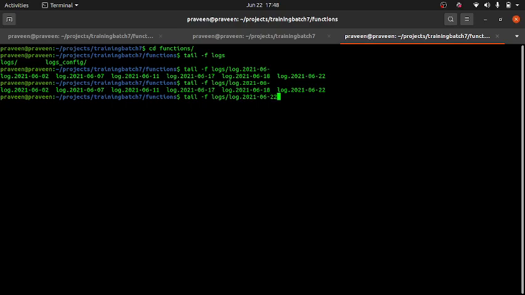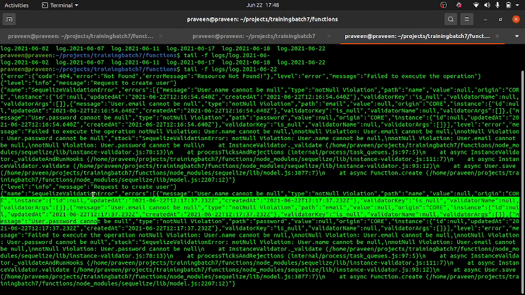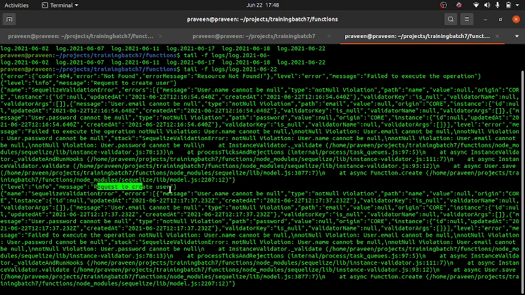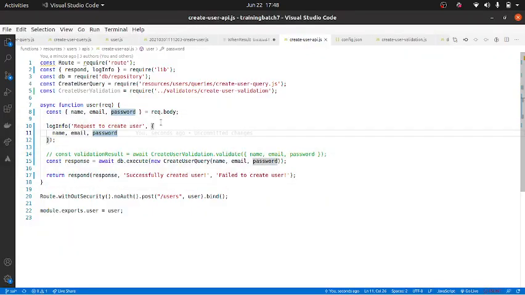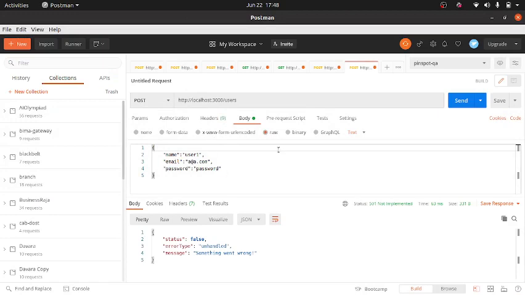Today is 22nd. Let's look at this. Password cannot be null. And here request to create user. So no data has come. Why hasn't the data come?